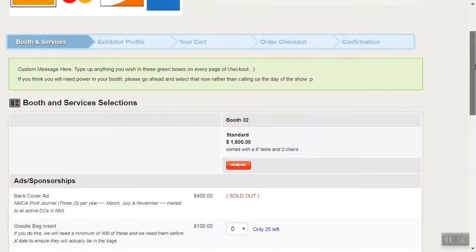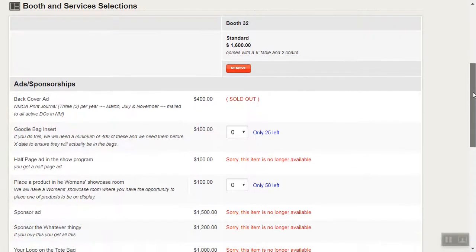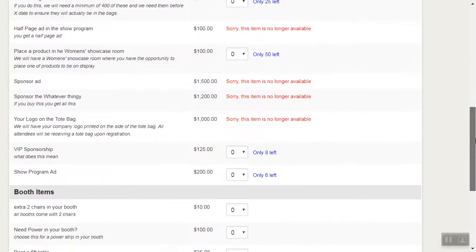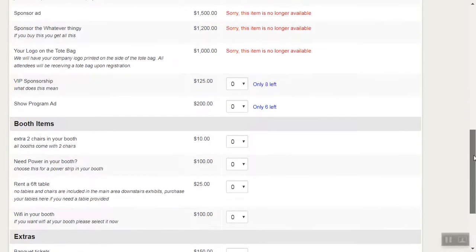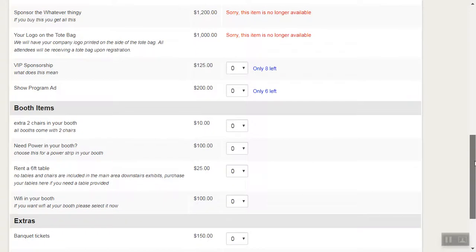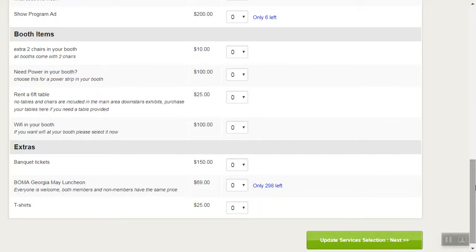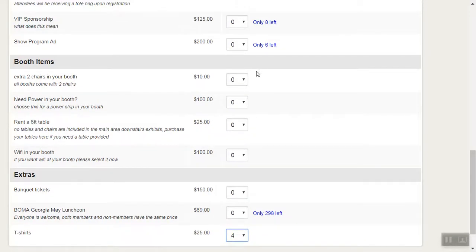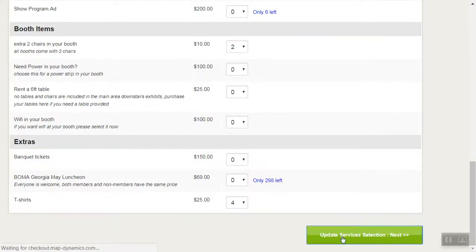Before the application starts, this area is basically offering any add-ons, booth items if they are looking for extra chairs, or if they are looking for tables or whatnot. You have full capability of modifying these, removing these, adding more. So all I'm going to do over here is select ordering for extra t-shirts, or maybe a couple of extra chairs for the booth, and it shows the price, how much it will cost, and from here I will update